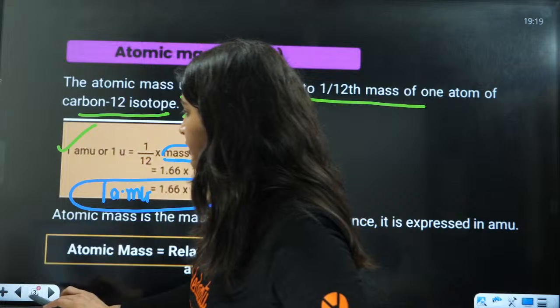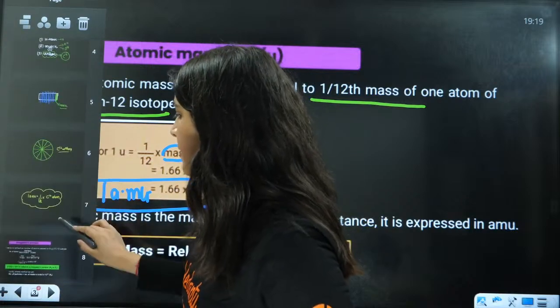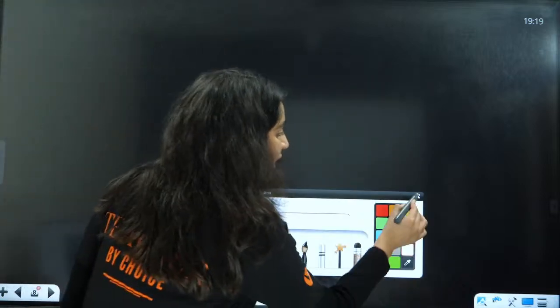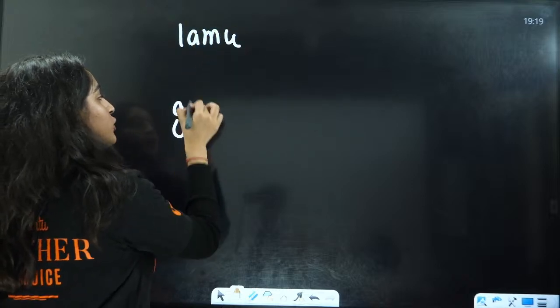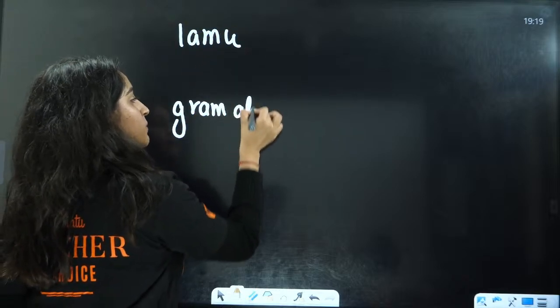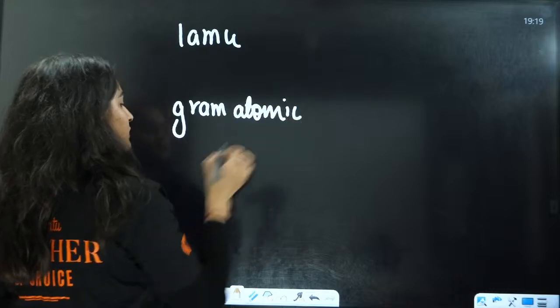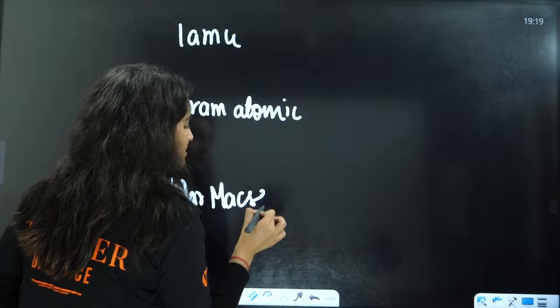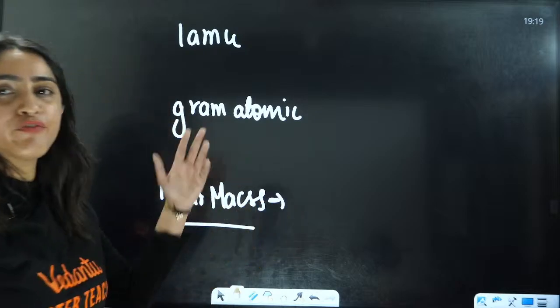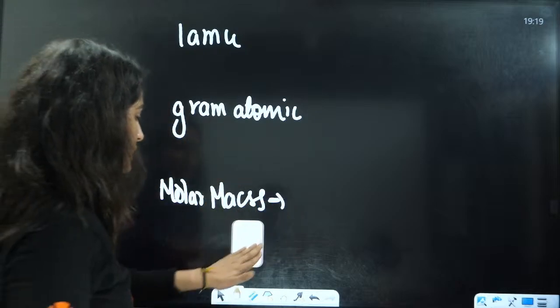Okay, now next thing is, ma'am, what is the difference between, we have 2-3 masses here. One is atomic mass unit, one is gram atomic mass, and the other is molar mass. Now ma'am, what is the difference here? How do we define all of that? Okay, so see,